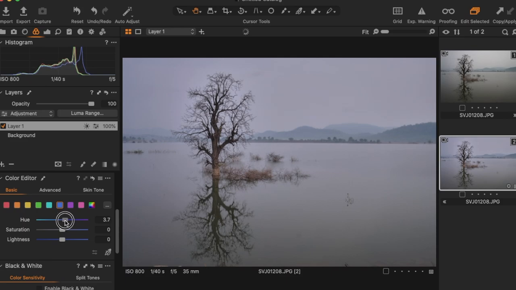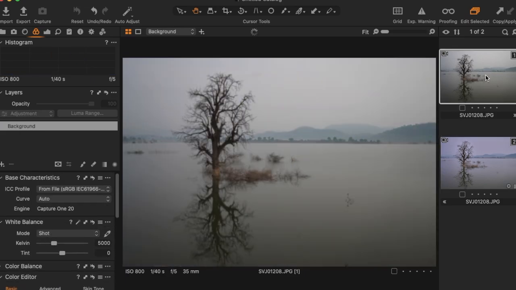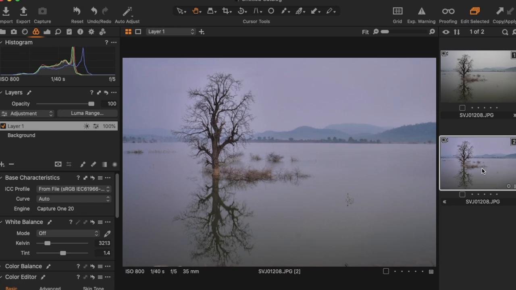increase the hue to make it more blue, increase the saturation till it gets more blue, magenta, increase saturation of magenta a little bit, and maybe will reduce luminance a little bit as well for the blue. I think it's looking quite nice to me. So again let's compare before, and this is what so far we have brought it.